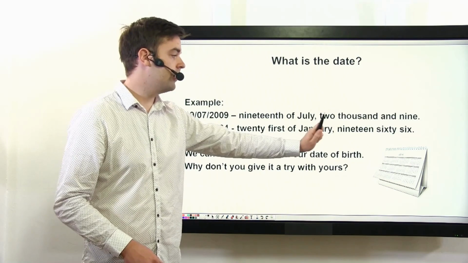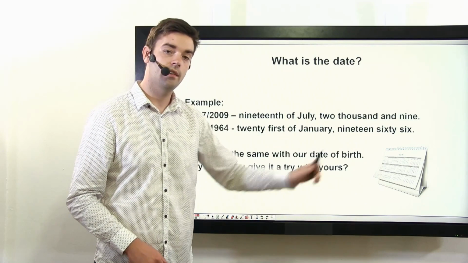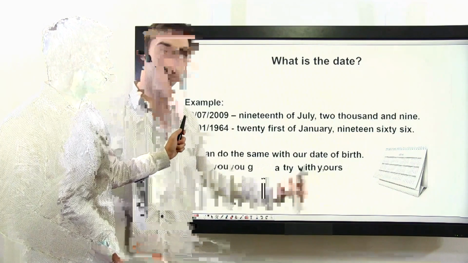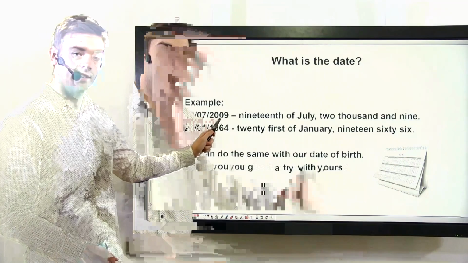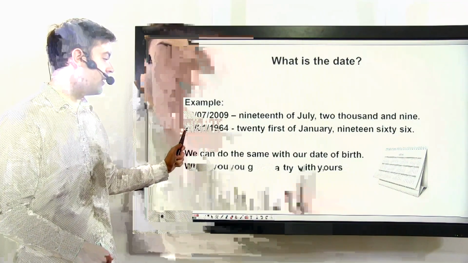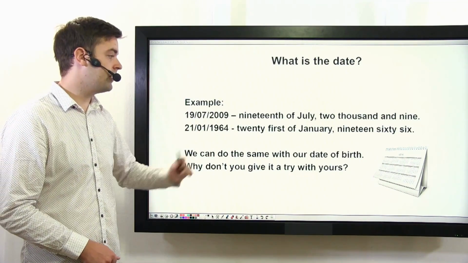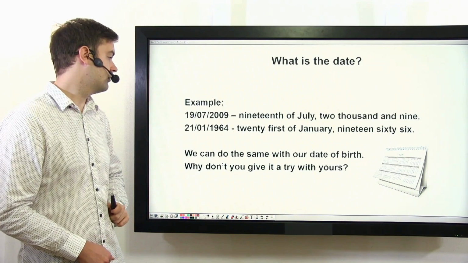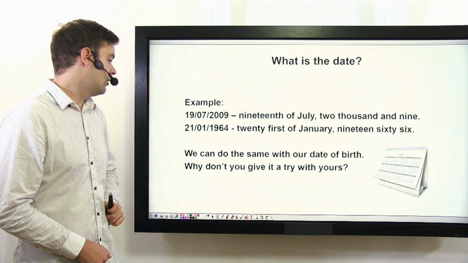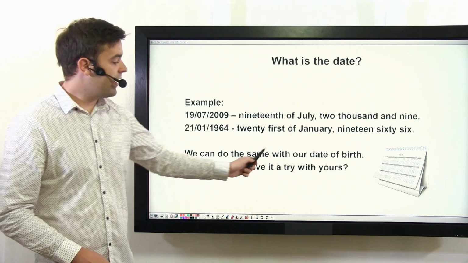Of January 1960. We've got the 19th of July 2009, 21st of January 1966. We can do the same with our date of